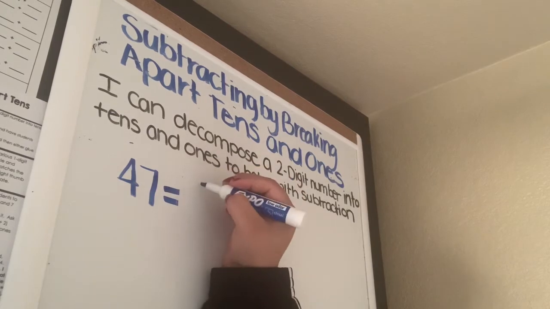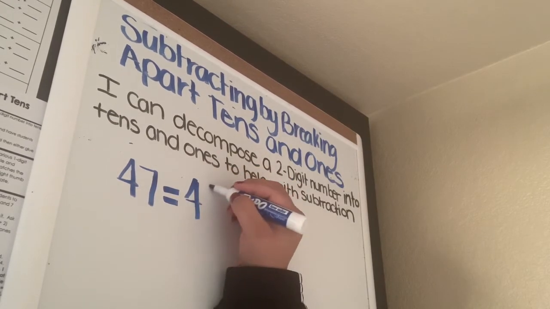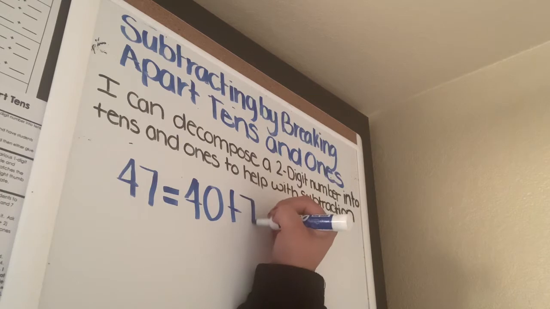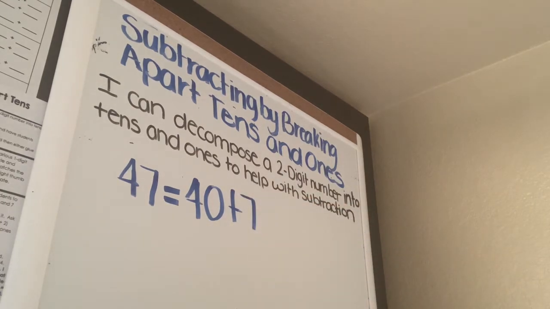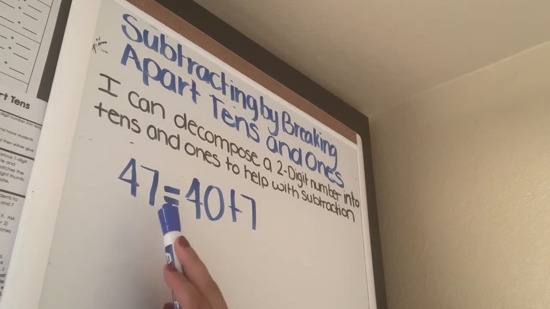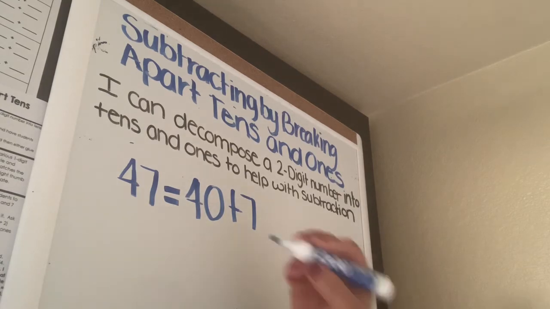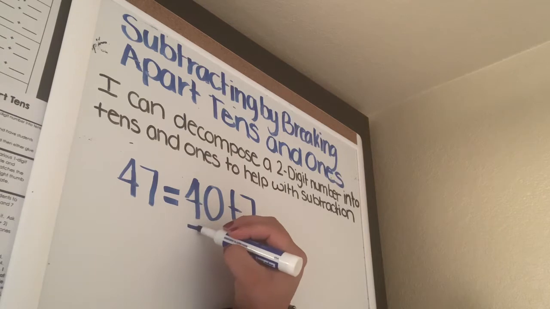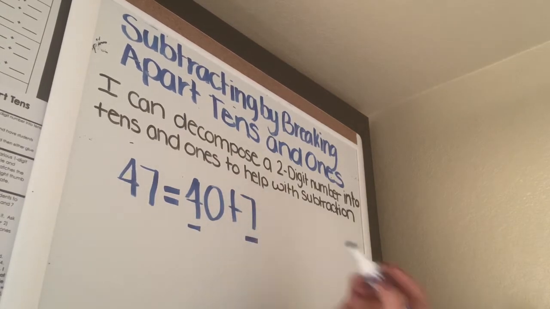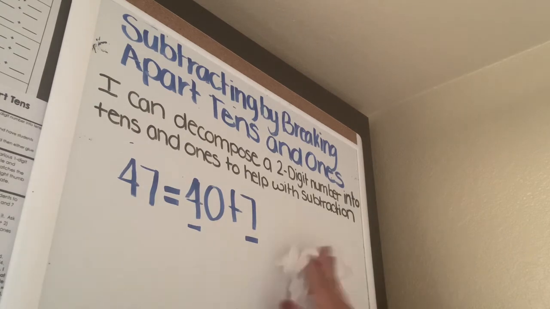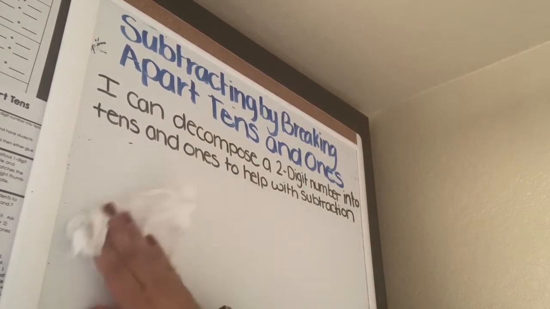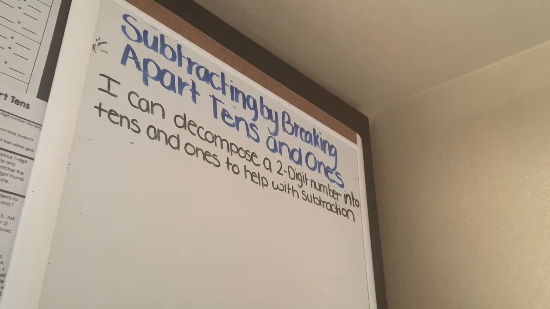with this equation. 47 equals 40 plus 7. How do we know that this equation is true? How do we know that 47 does equal 40 plus 7? Right, because it has 4 tens and 7 ones. So now that we know that is true and we know why it is true, I want us to